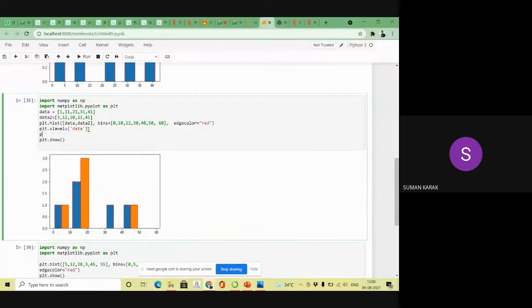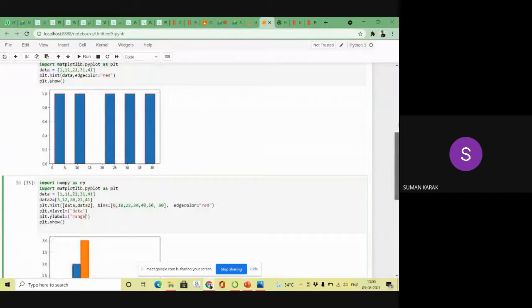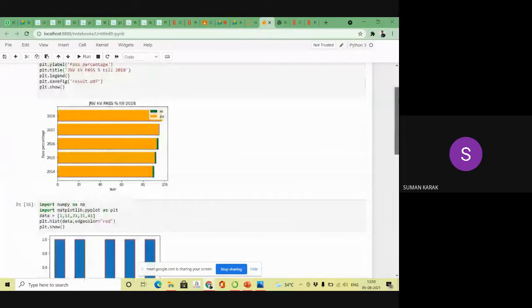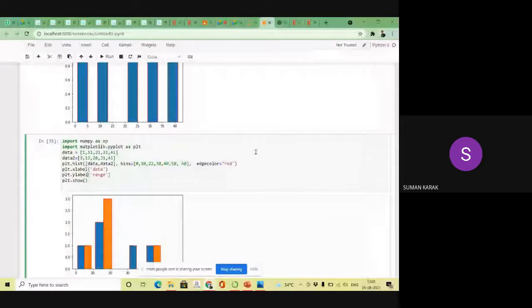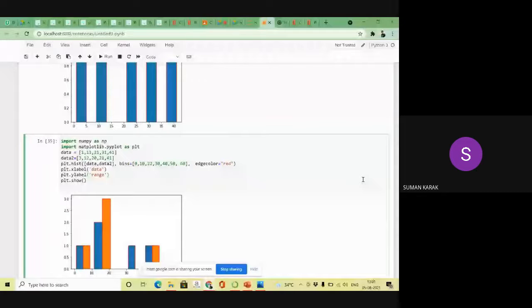Then next is plt.ylabel equal to the label name. So if you provide the name of the label, then you are using xlabel and ylabel.